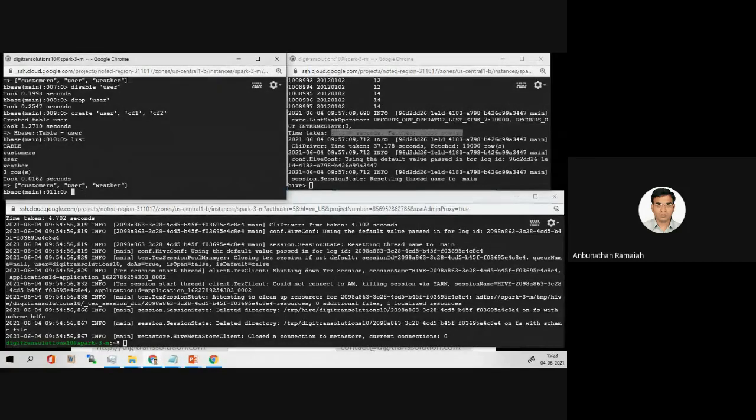It's created. Now we'll add records. How to add? Put command we will use. So this is a user table. First row, column family 1, the column name A, under that value 1.